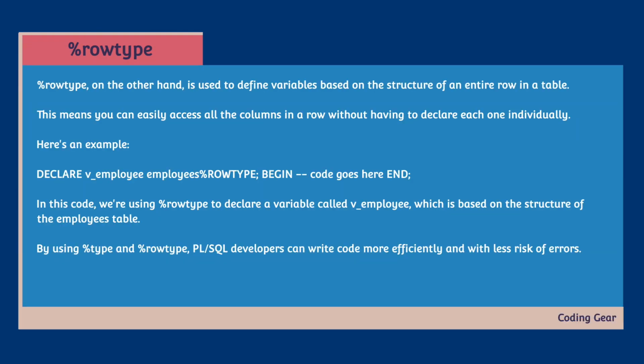%ROWTYPE, on the other hand, is used to define variables based on the structure of an entire row in a table. This means you can easily access all the columns in a row without having to declare each one individually. Here's an example. DECLARE v_employee employees%ROWTYPE; BEGIN -- code goes here END; In this code, we're using %ROWTYPE to declare a variable called v_employee, which is based on the structure of the employees table. By using %TYPE and %ROWTYPE, PL/SQL developers can write code more efficiently and with less risk of